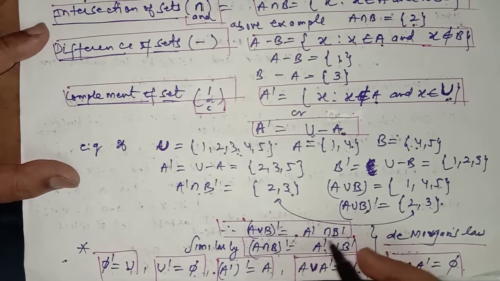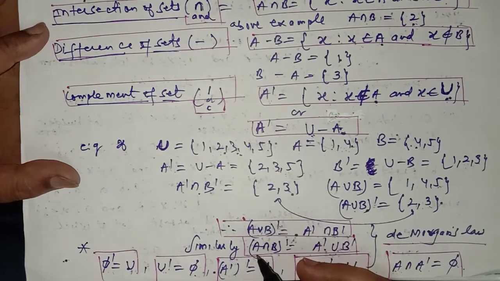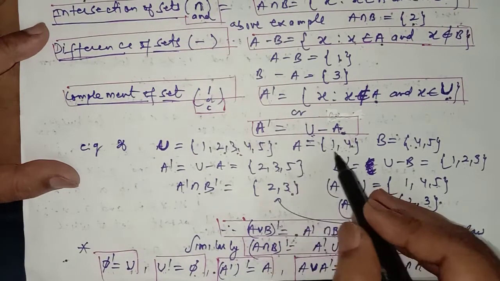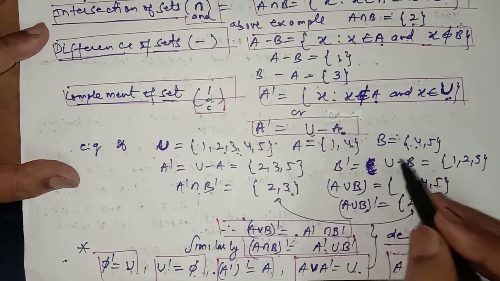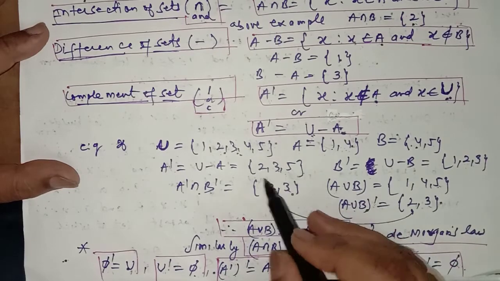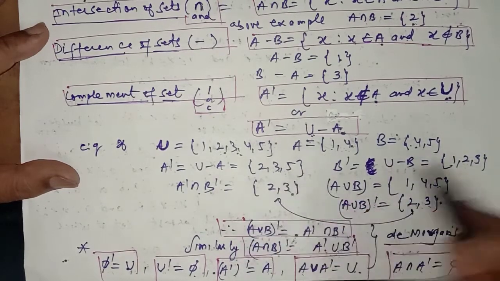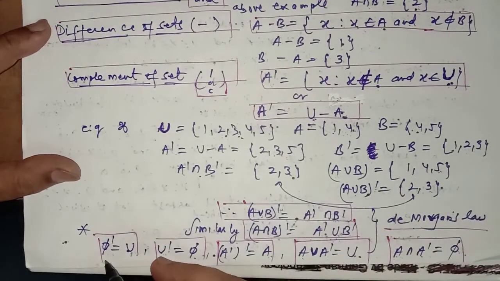As we have proved this, you can easily prove this also by using this example. In this, first of all, you have to find A intersection B, which is 4, and find the complement of this. It will be 1, 2, 5 and 3. Then you find A complement union B complement, that is total of these two, which will be equal to A intersection B whole complement. After that, you can easily prove that phi complement, empty complement will be the universal set.